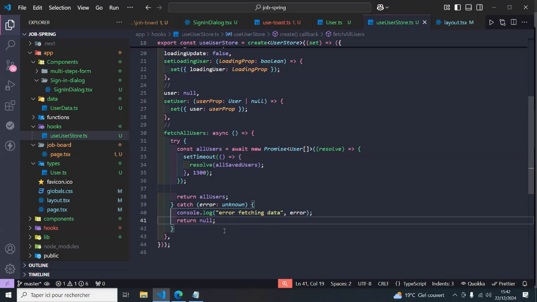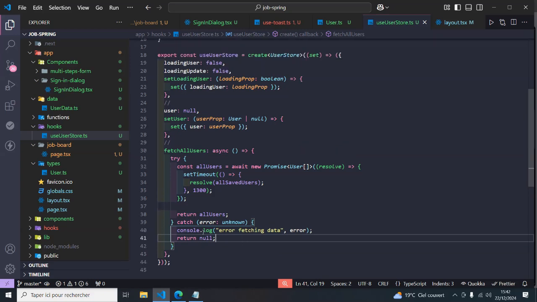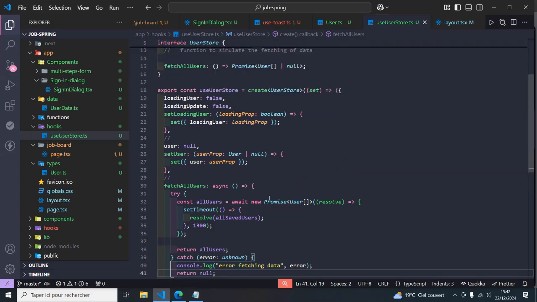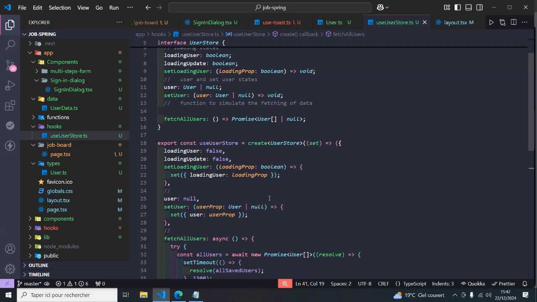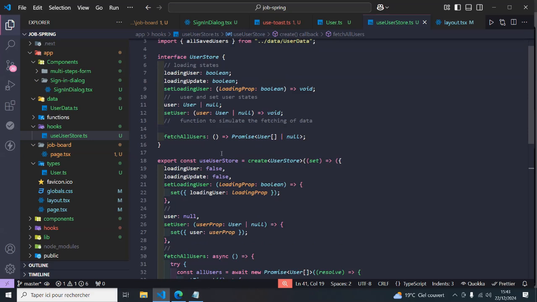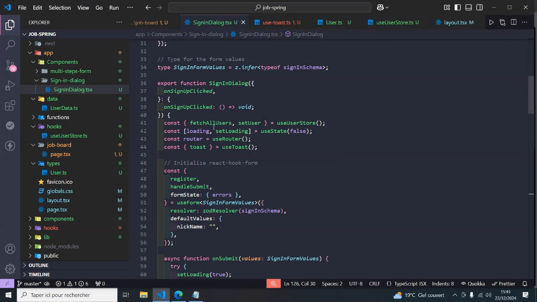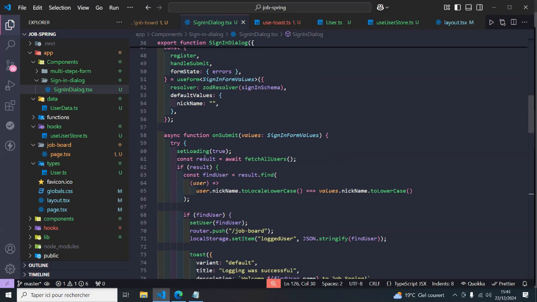And if the error happens, we're going to return this console log and we're going to return null, since the function can return a user, an array of users, or null, as we defined in the user store interface. So I apologize for this, because I had to explain this before I start explaining what's happening in the sign-in-dialog.tsx. So here in the try and catch block, we are going to set the loading state as true,